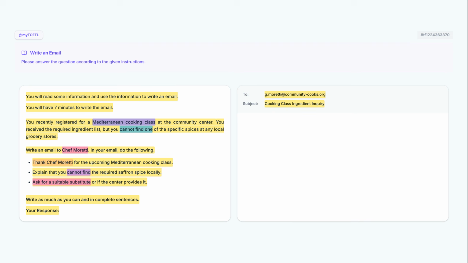We start with Dear as a formal greeting. Then we add the recipient's title and name, Chef Moretti, and finish with a comma to follow standard email etiquette. We begin the body with I am writing to state the intent. Next, we use to thank you for to fulfill the first bullet point. We then specify the event as the upcoming Mediterranean cooking class and conclude with scheduled for next Thursday to provide